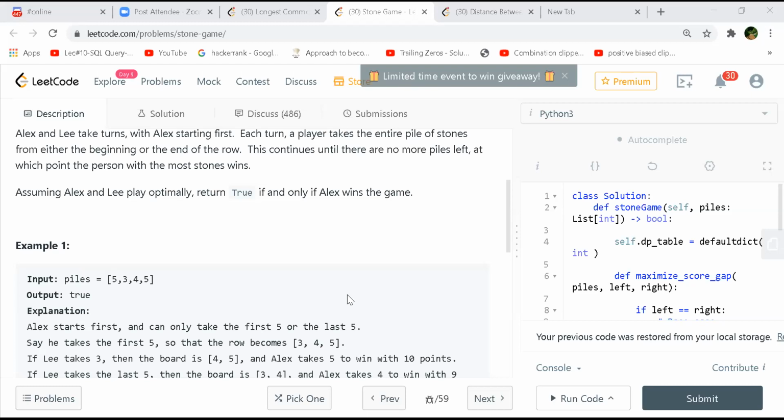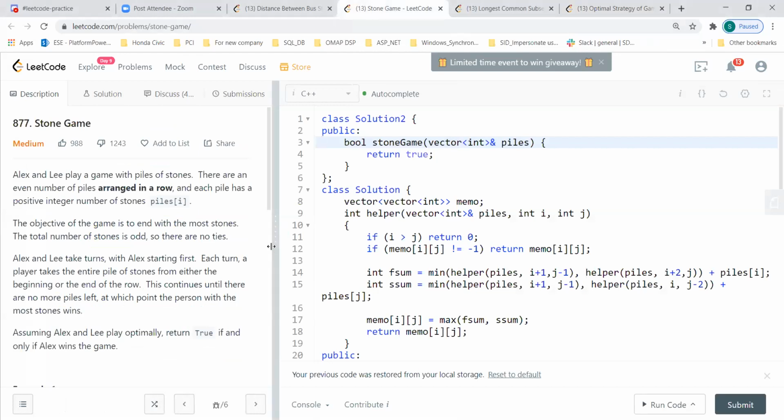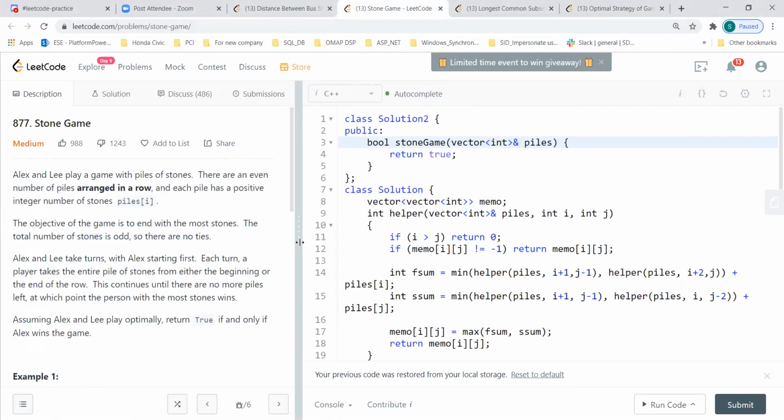Let me show my way, because maybe it's not the right way implemented. But why I'm saying this is, Santosh, I have a question about that other question you mentioned. That's not returning true or false, right? That is a different important question. So what we did there was return how many stones Alex will get at the end of the game. Right, that was the question there.